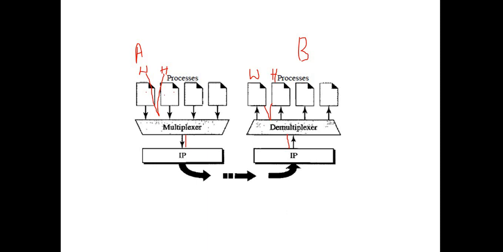But these processes have different port numbers. This is very much essential. So how will the demultiplexer actually identify them? It knows the destination address as well as the destination port numbers. Port numbers are unique for all the processes. For example, if you are using FTP, the port number is 21. If you are using SMTP, simple mail transfer protocol, the port number is 25. If you are using something on the World Wide Web like HTTP, the port number is 80, and so on. So processes have unique port numbers to identify them, that is nothing but the transport port number, we can say.